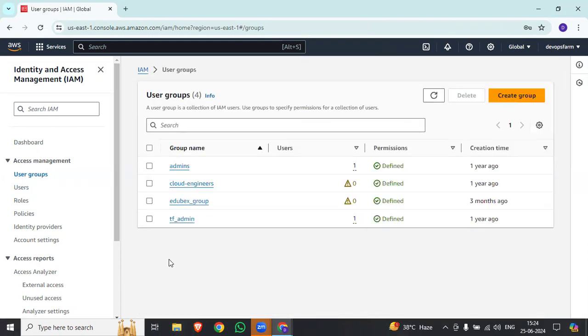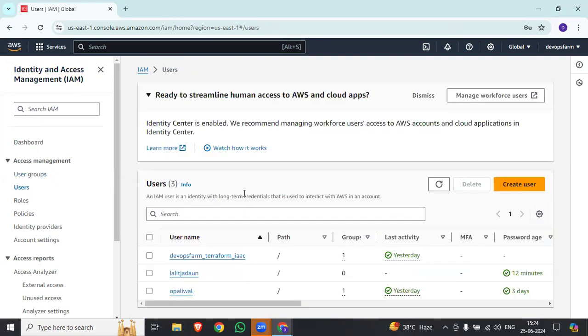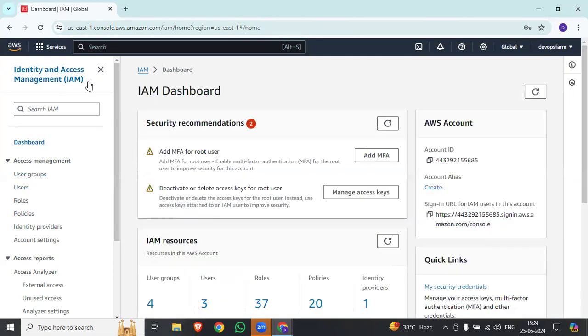So what is a user group? First I will tell you why we use this IAM account. Okay, IAM user. What I said, we use this Identity and Access Management IAM user for categorizing the service to